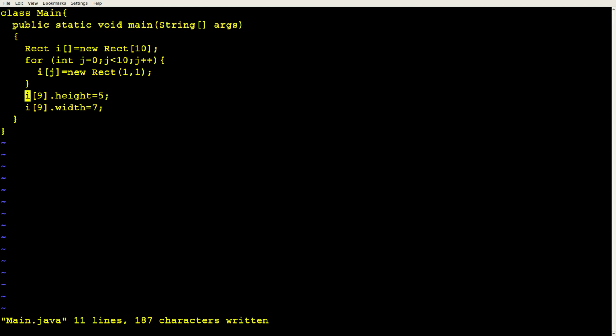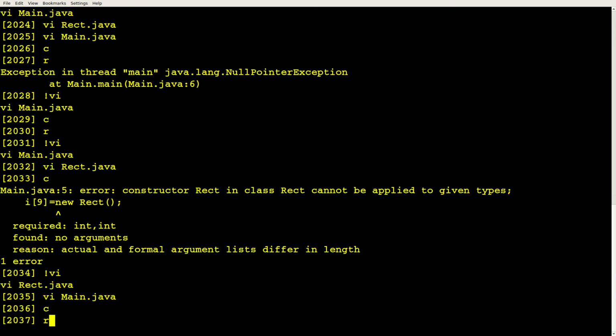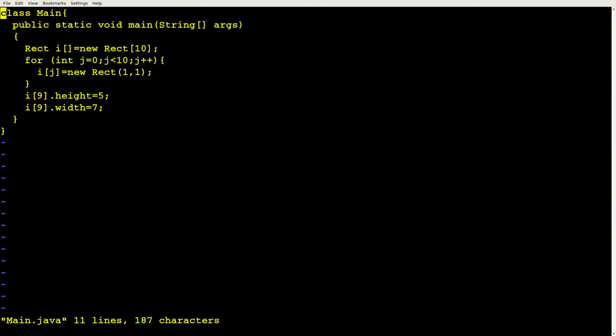All right, so that'll construct all elements of the array, and then we can tinker with them individually. All right, good on that. Like I say, that's not something you necessarily need for PA2, but sooner or later you're going to want to have arrays of objects.